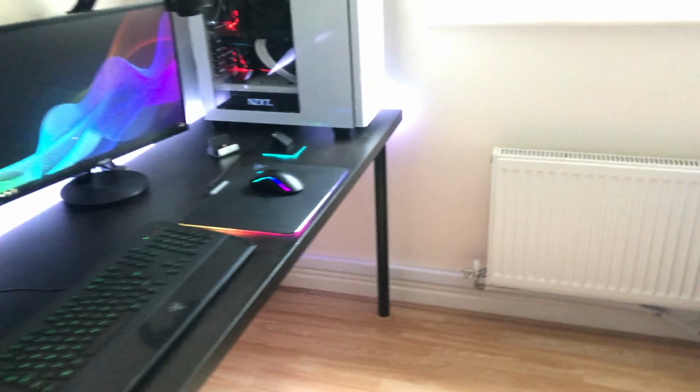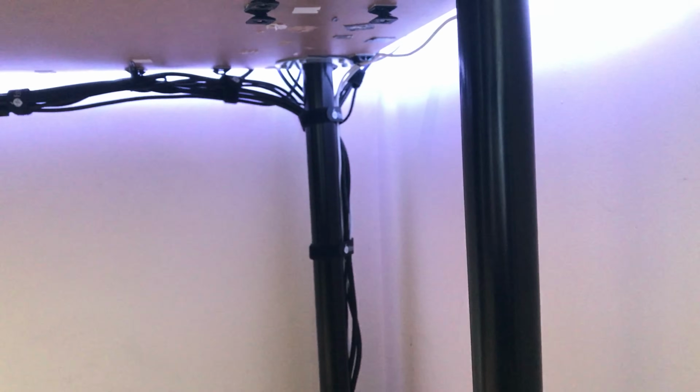And I've kind of had to bend the LED strip onto itself there as it was a little bit too long. That's alright. So yeah, this is my LED strip setup. We have a 2.5 meter extension cable running from where the LED strip begins right there into my extension cable, and that goes behind my table leg right there, runs down it into a cable trunking tube which hides